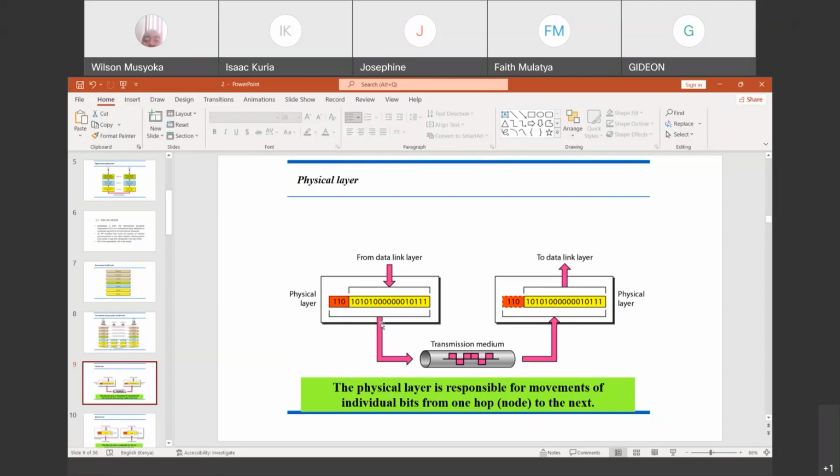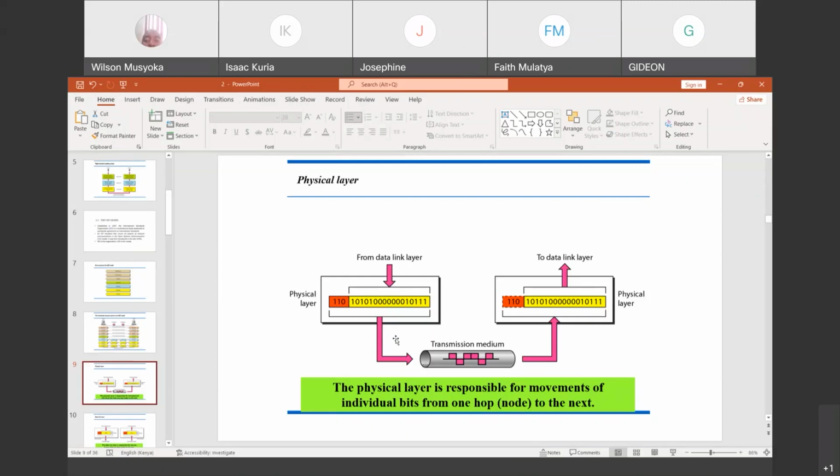And these are the bits that will be either converted into electric signals, because at the physical layer, if you are using the cable as your transmission medium, then the bits have to be encoded into electric current. If we are using wireless, then they have to be converted into analog signals for transmission. And that will be something we shall be looking at in a while.